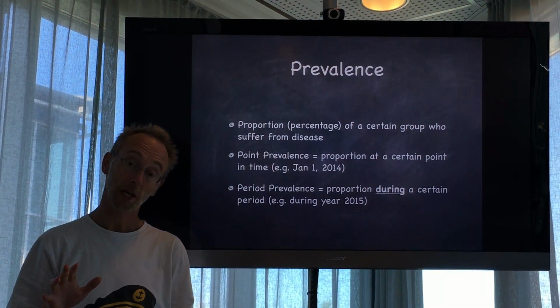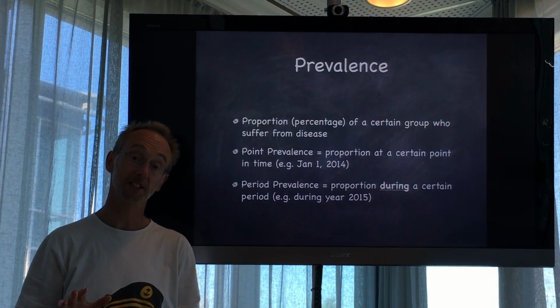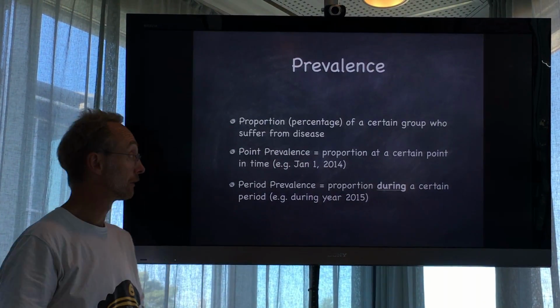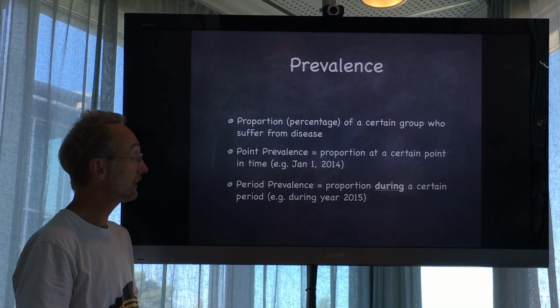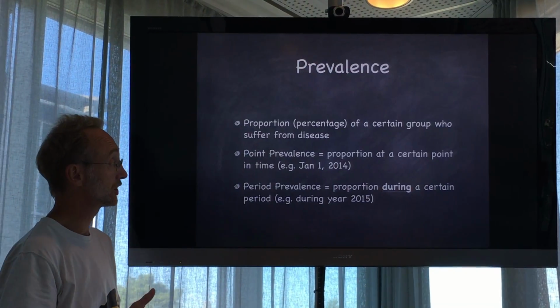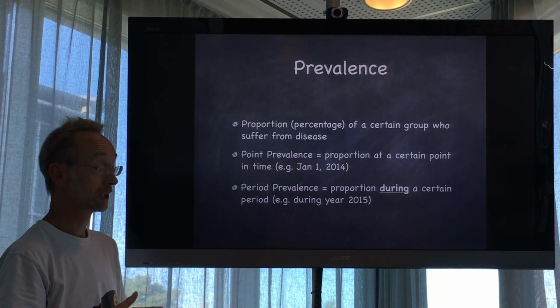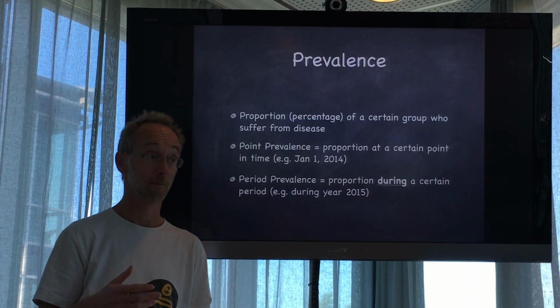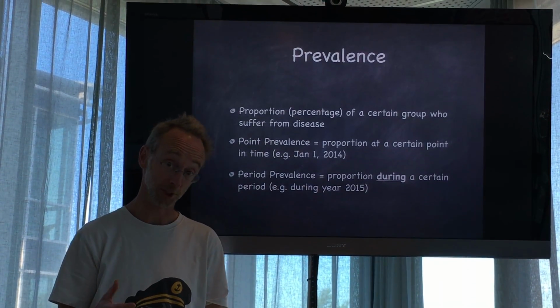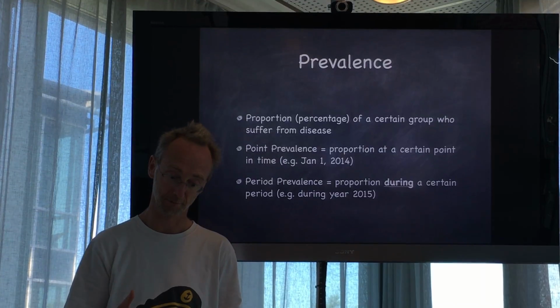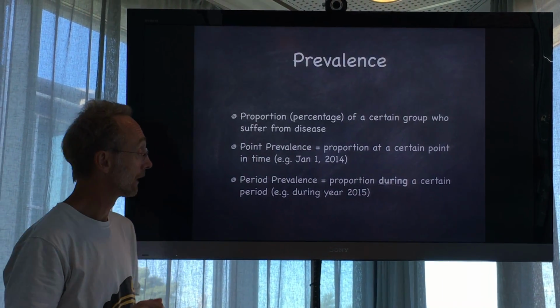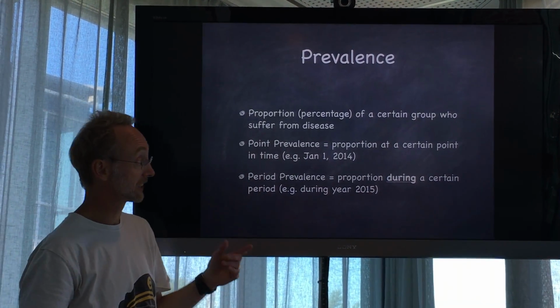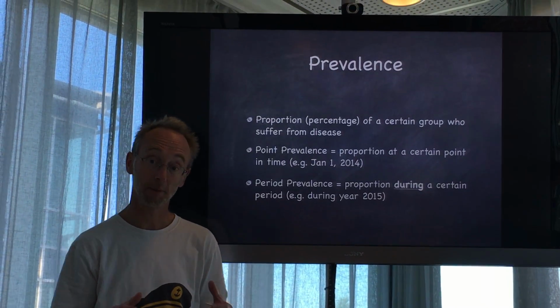In this video, I will explain the difference between prevalence and incidence. First of all, prevalence. Prevalence is the proportion, the percentage of a certain group who suffer from disease. We express this with things like 1 in 10, or 10%, or 5%, 1%. These are prevalences. We also sometimes talk of point prevalence, that is the proportion at a certain time, certain point